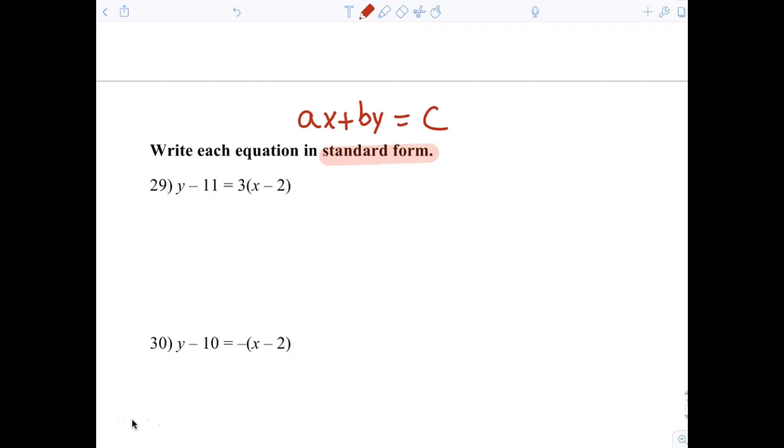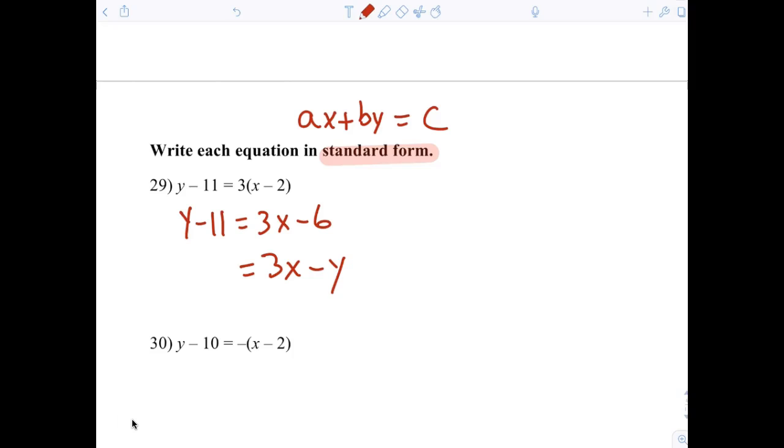All right. So Lander, what am I going to do first for number 29? You want to distribute? Thank you very much. Distribute. So y minus 11 equals 3x minus 6. All right, now here's where you got to be a little smart, because you want your x to always be positive. So which one am I moving? Move the y. So it's going to be 3x minus y. And then I have to, go ahead, equals